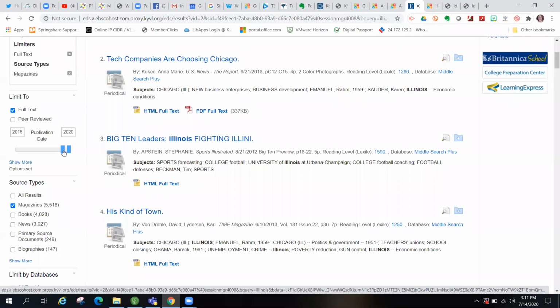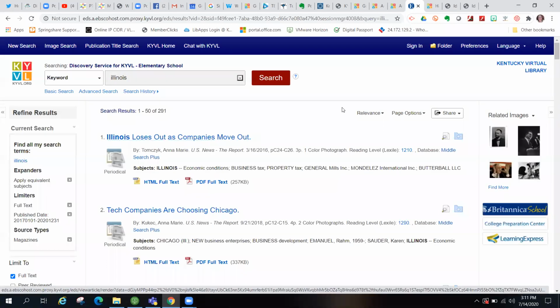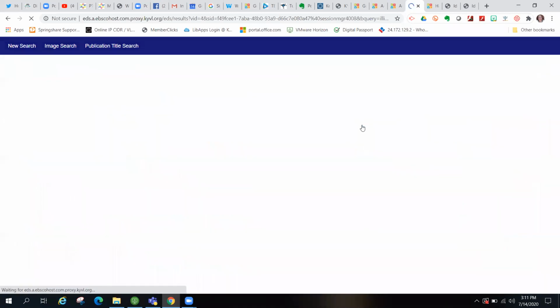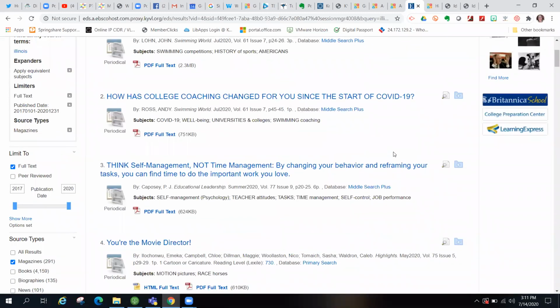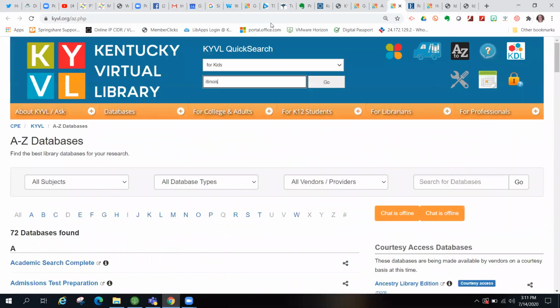So I'm going to slide the date and try to get some more current articles. And then I'm actually going to do date newest for relevance for sorting. What might work better